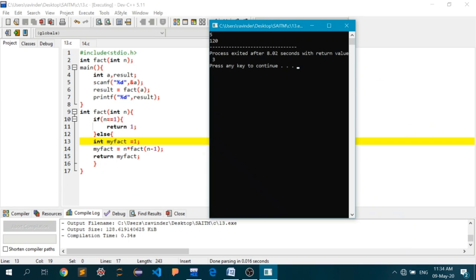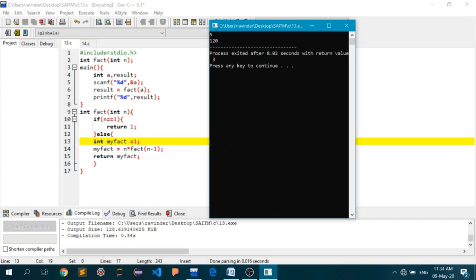Okay, the fact function will again go here like a loop. It will again check, but this time the value of n will be 4. Again 4 is not equal to 1, so we'll go inside this else. Again this will be initialized, and again we'll go through this line.